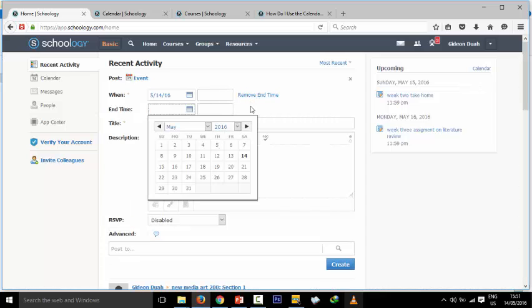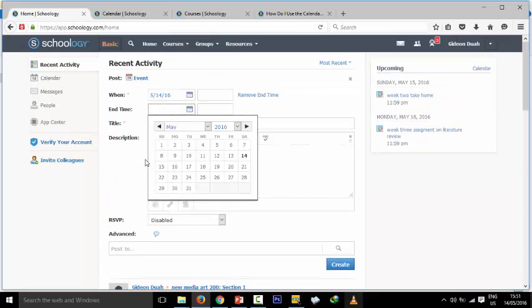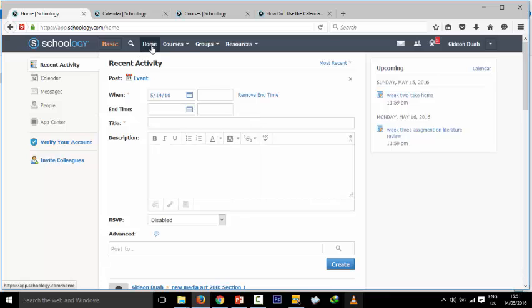You can add the end time here, so the calendar pops up for you to make your selection, and when you are done, you click on create, and you can as well post it to its destination, any of the courses you've created. So now let's go back to home, and we are going to talk about